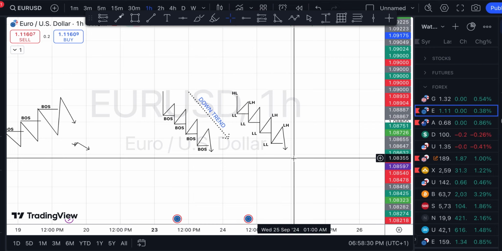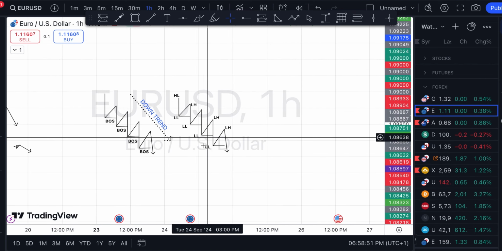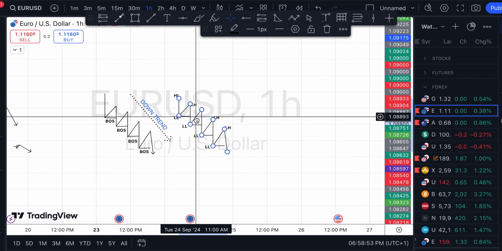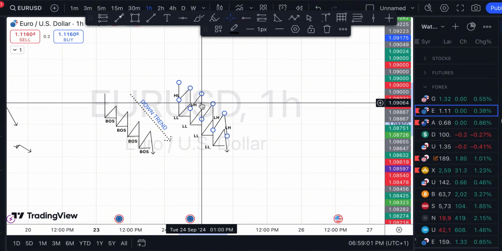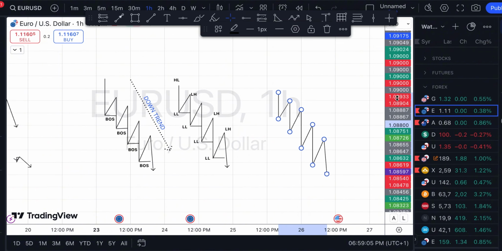So let's say price was selling and price wants to shift structure, it wants to start buying. The buyers want to take over. The price is going to do what you call a market structure shift. And let me draw that so you can see what I mean. For example,